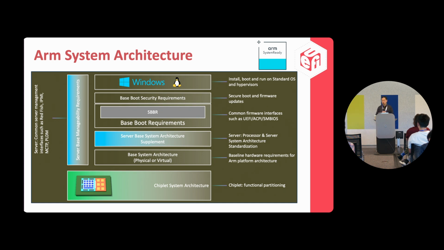Nowadays, chiplet is very popular, so we have a way of defining how you partition the different subsystems. And on the left-hand side for servers, I kind of marked it in a different color. For servers, we also have this SBMR, which is the system-based manageability